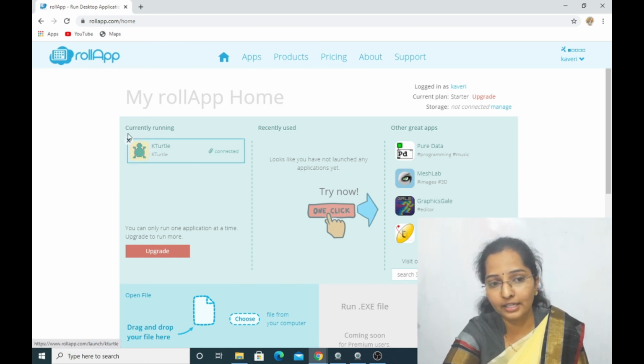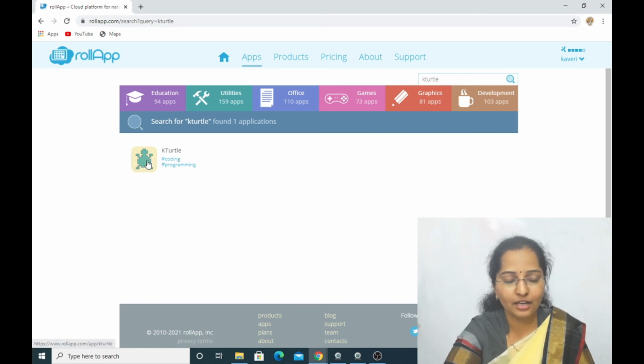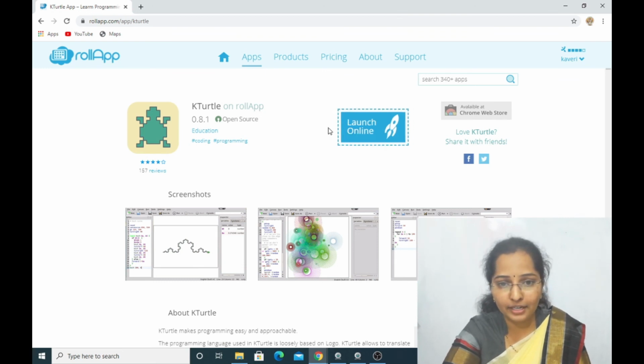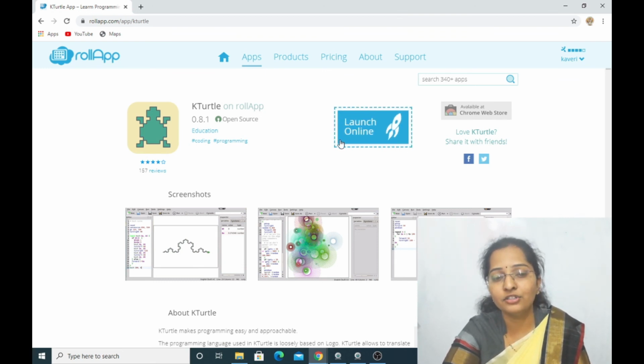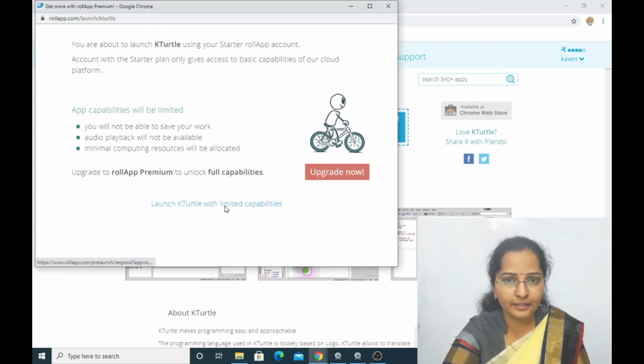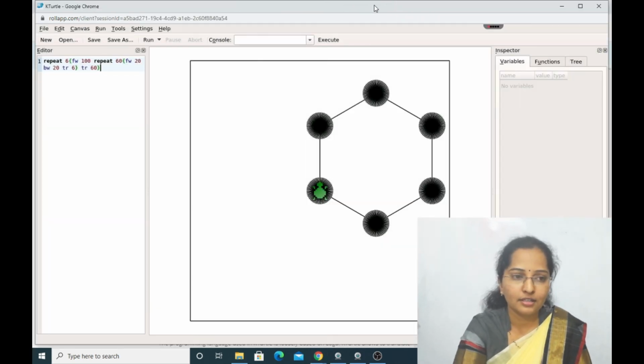If you did not get it in the currently running applications, please type here KTurtle, search, wait for a minute, and we'll get this KTurtle coding programming application here. Click on this, wait for a minute, and remember we have to click on launch online. Click on this, click here, maximize this. Yes, this is the way to open KTurtle in Google Chrome.